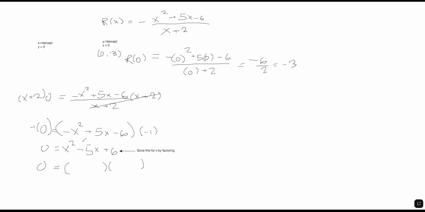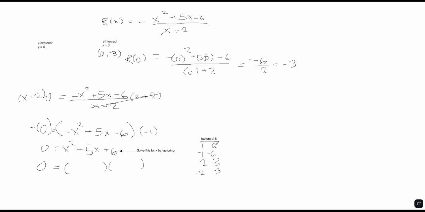So remember, the strategy for factoring is to find two factors of 6 that also add up to our middle coefficient, -5. What I like to do is list out all of the factors off to the side. Factors of 6, because 6 is the constant at the end. That's what we want to multiply to. So factor pairs that make 6. We have 1 and 6, -1 and -6, 2 and 3,